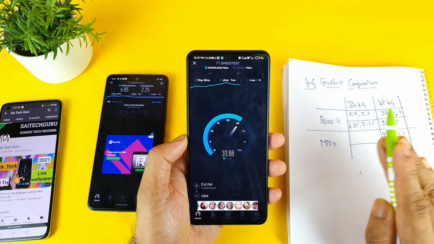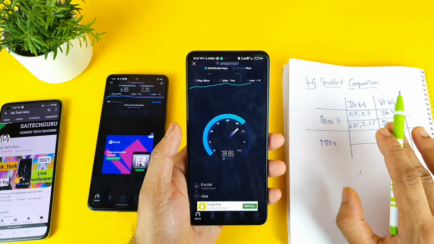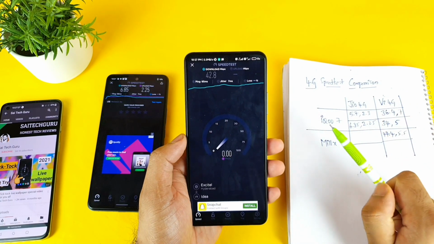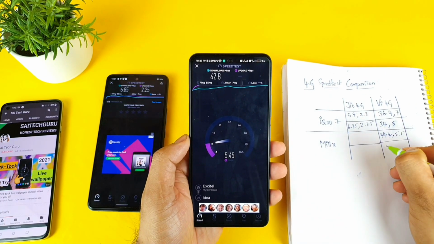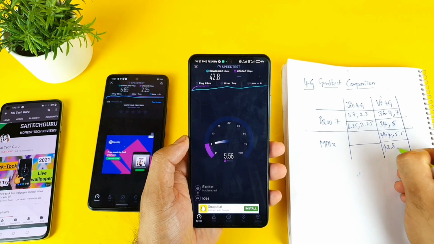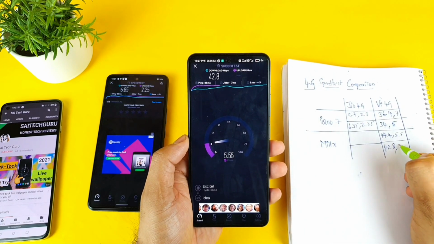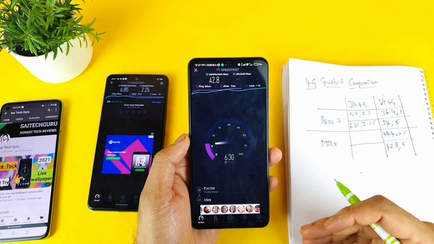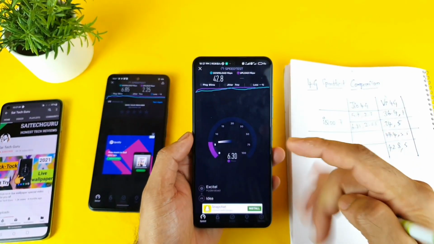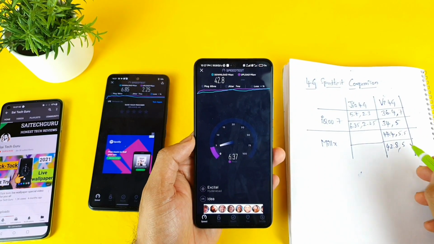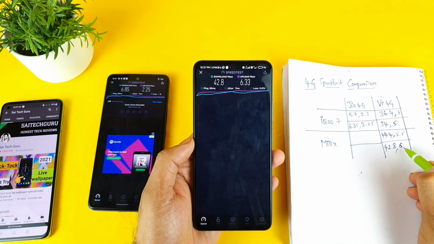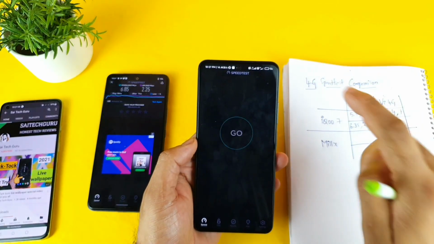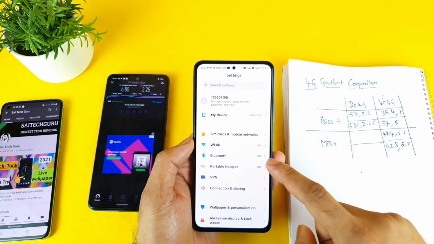In case you are not a gamer and you want very good solid connectivity, then better buy the Mi11X device. That is what I'm trying to stress every time. I'm not saying there's something wrong with the iQOO 7, but in case you're not in a metropolitan city and you're in a town, then definitely you will experience slightly lower internet speeds. So in this iQOO 7 device, 6 Mbps, 6.3. So that is the 2 times testing using the Idea SIM, which is a vSIM.